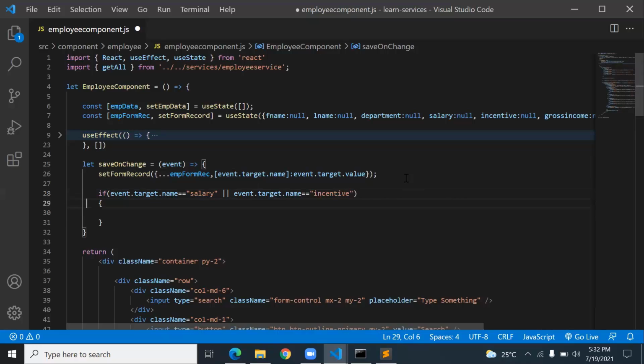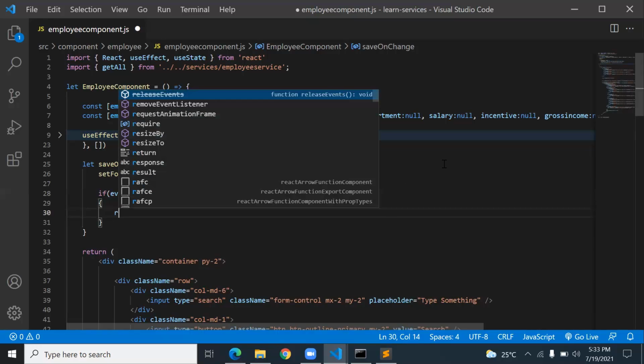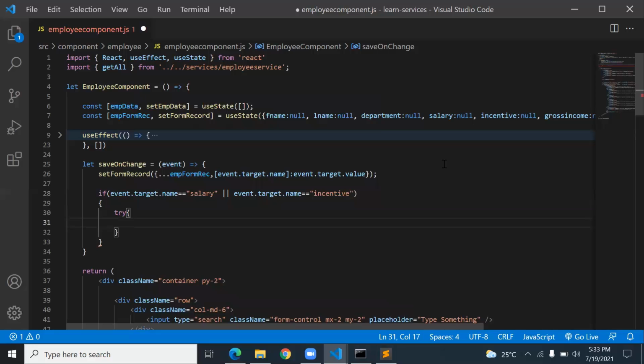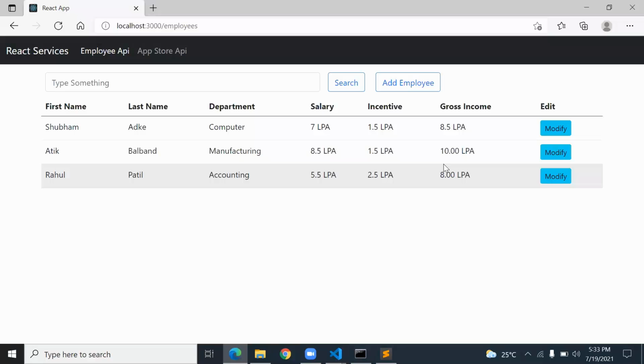Then what I will do, I want to set a value to that gross income. That specific gross income value I want to change. To calculate it, I will use try catch, because if it's blank, it's not possible to convert the value to integer type.